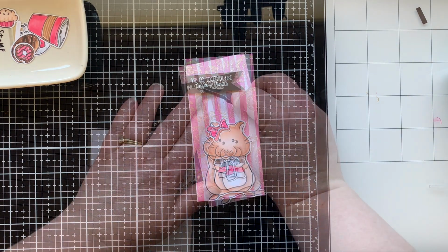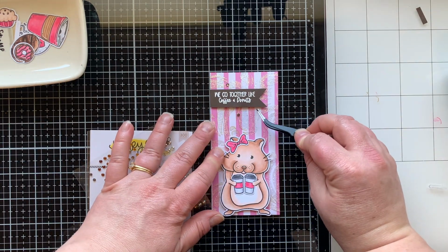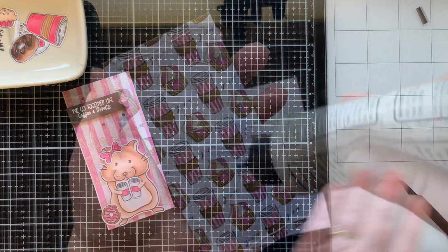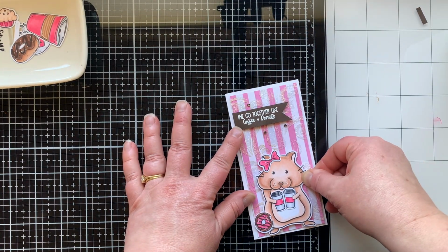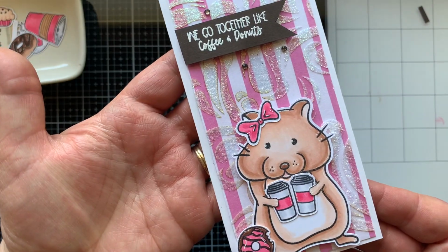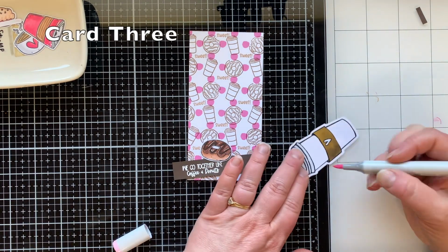And then I did color a donut for this, but I wasn't sure if I wanted to put it right on the card. So I did my gem stickers first, and then I decided, yeah, it definitely needs the donut, so I'm just going to stick it on there. And then I'll glue that down. I did trim this one to 2 3/4 by 5 3/4 so I could have a white border all the way around, and I like that look a lot. So there is card number 2 all finished, and then we'll move on to the card where I stamped the